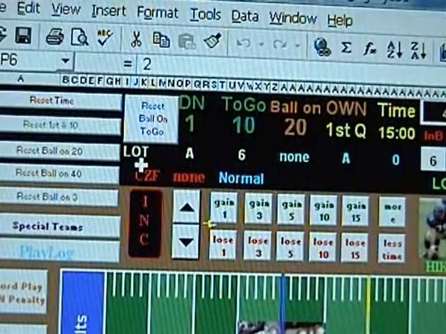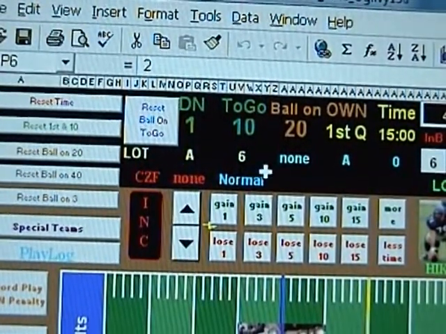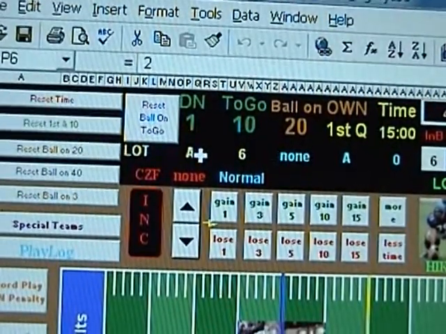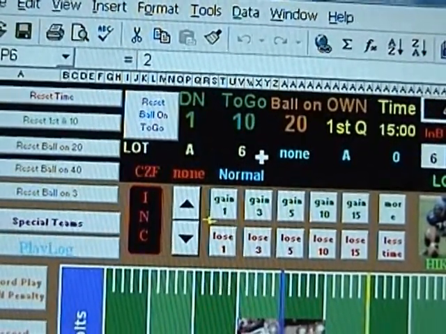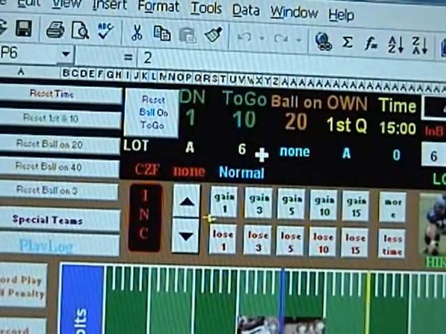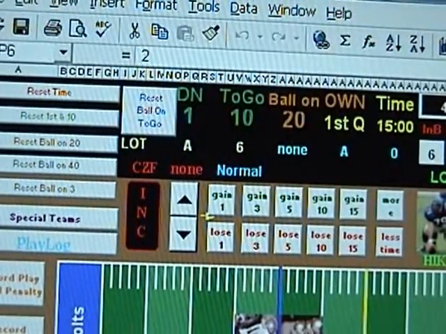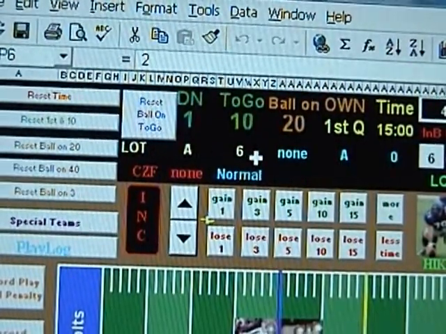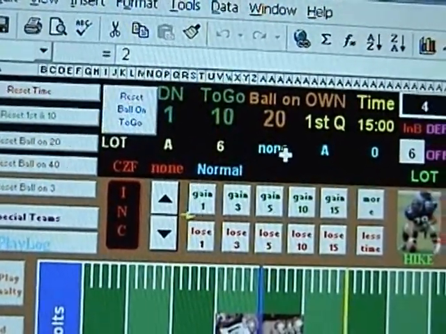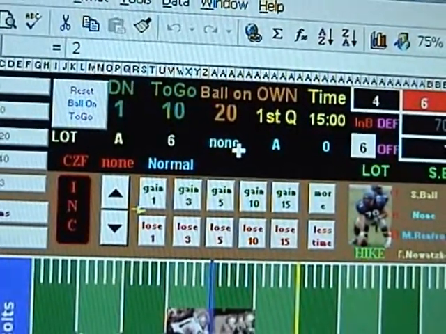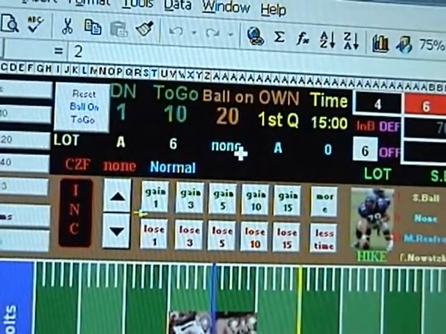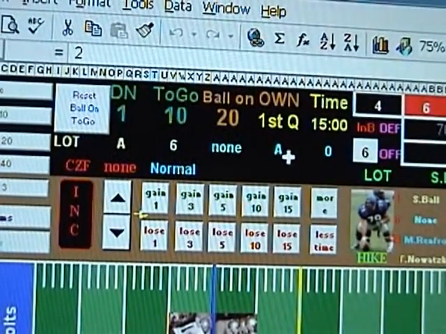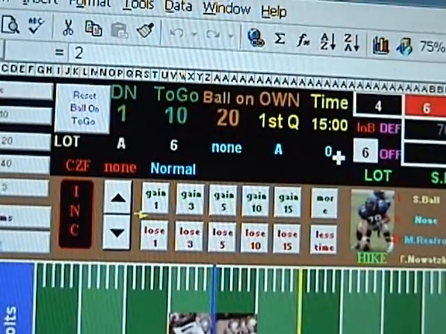Now this information here, LOT A6, is the offensive player that's in a matchup: left offensive tackle, his A rating, and his rating is a 6. In this case, the '70 Colts are on offense, so it's the '70 Colts left offensive tackle with his A6 rating. This "none" here indicates there was no defensive player in the matchup area, and since it's a run play, it would have needed his A rating, and since there is nobody there,